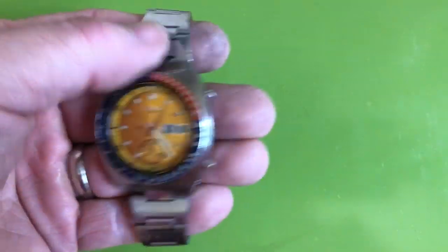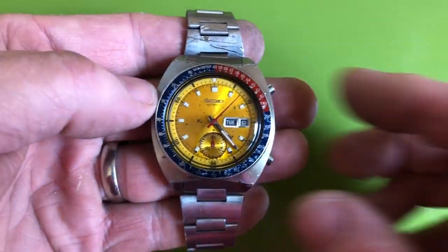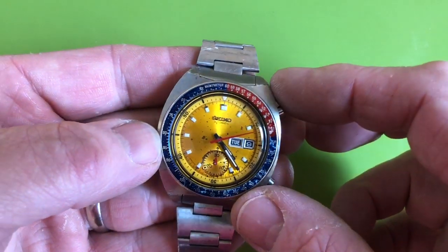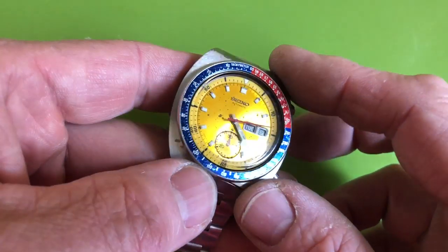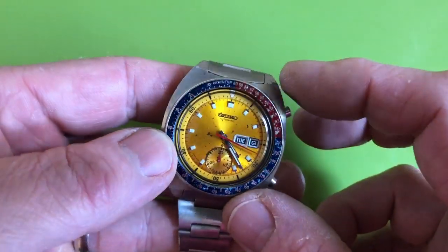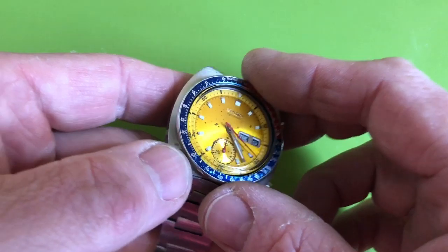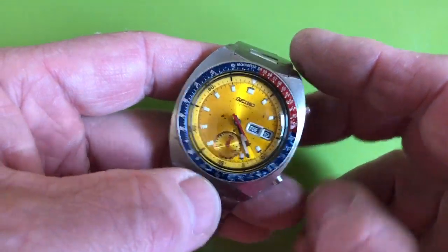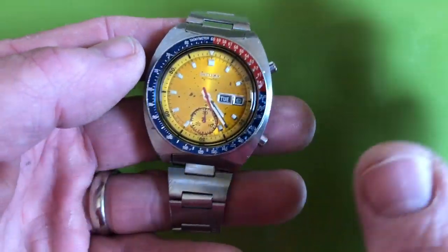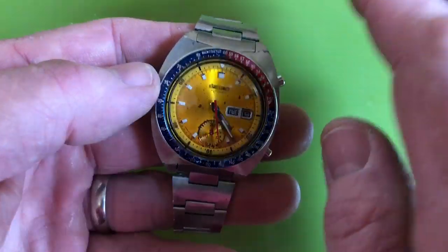So there it is, alive again. As I expected, the hardest thing to do was to get this case back to the state where it would drop on a bezel again. But it did. It worked out really smoothly. It worked out really well. And now when I dropped on the bezel, it felt to me like nothing had happened, like it snapped on